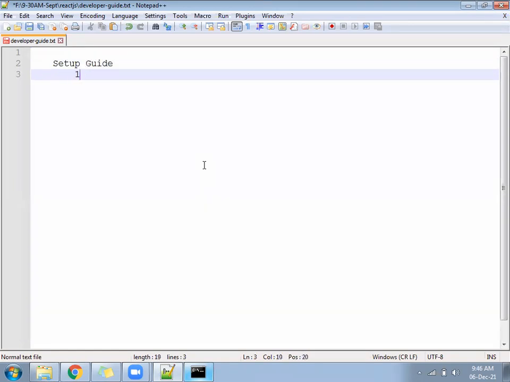Inside that, step number 1, install Node.js. Hope everyone has Node.js. If you don't have it, you can install it. Node.js is required. After installation of Node.js, usually you should restart your system, because there is something called environment variable.